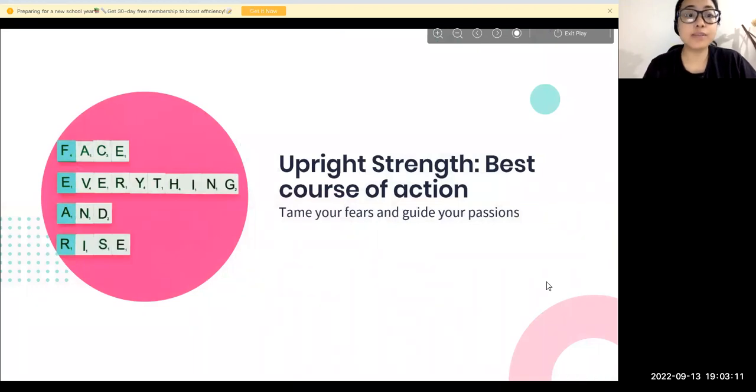So the Strength card, what's the best advice you can give if it is coming? Face your fear, right? You have to tame yourself, tame your fear, guide your passions. Focus your energy on what is going to give you productivity rather than focusing your energy on your fear. Let the fear be there. You can never erase fear. You can never make fear disappear. Your fear is going to be there till you are alive. When we are alive on this planet, the fear is going to be there.